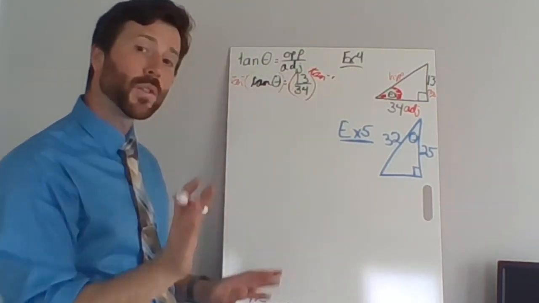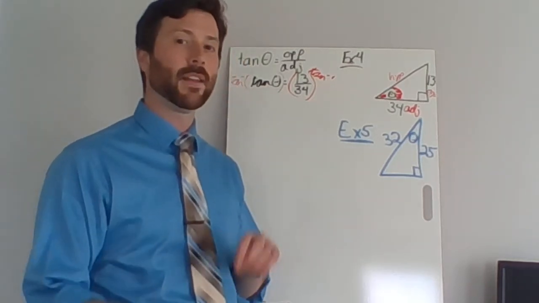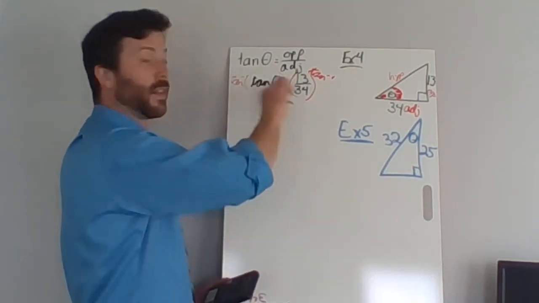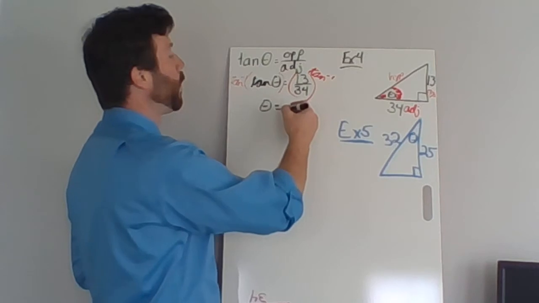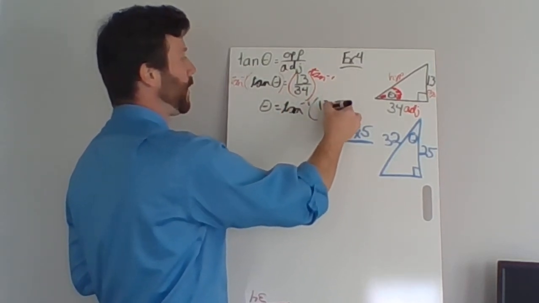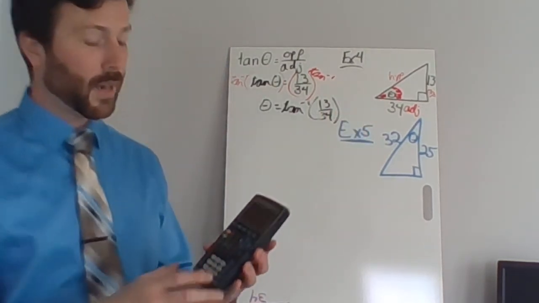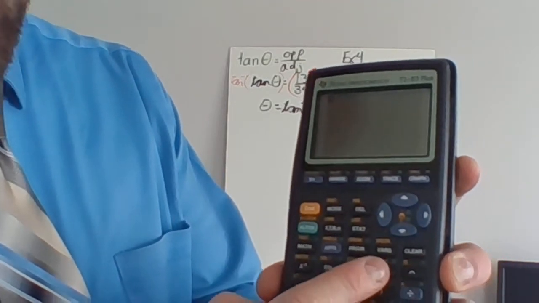Okay, it's not multiplying by tangent. It's not multiplying by inverse tangent. It's taking the inverse tangent of. So on this left side, those cancel. Theta's all by itself. On the right side, I want the inverse tangent of 13 over 34. So what we're going to do, we press second and then that tangent button,